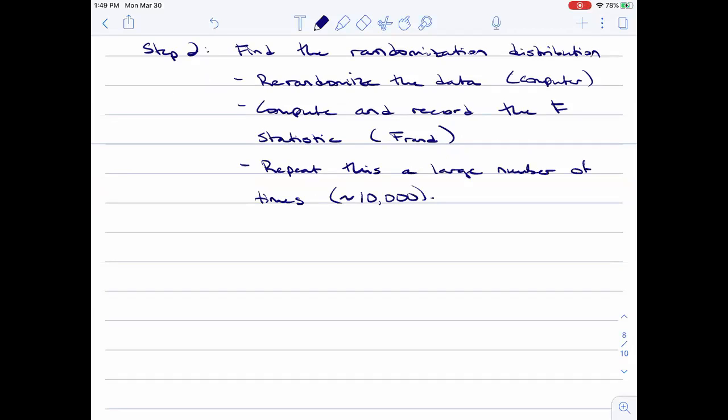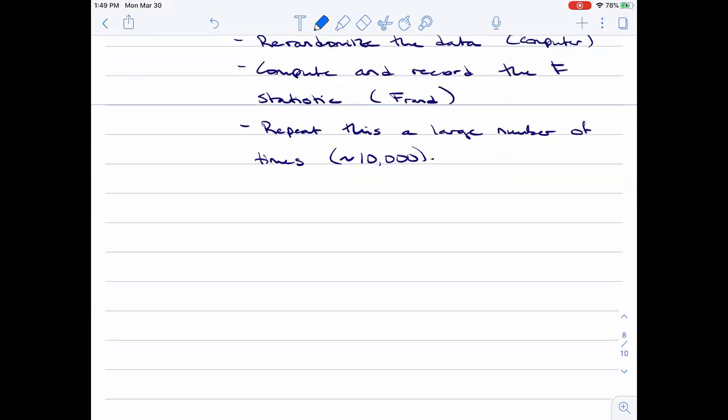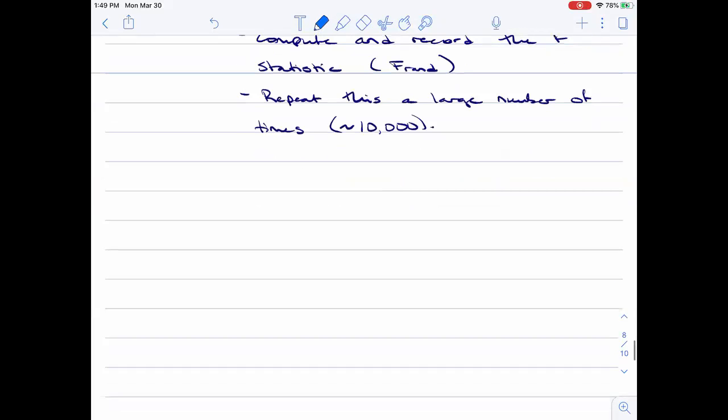Technically, as a side note, you could re-randomize for all possible combinations. Here, we use 10,000 randomizations,